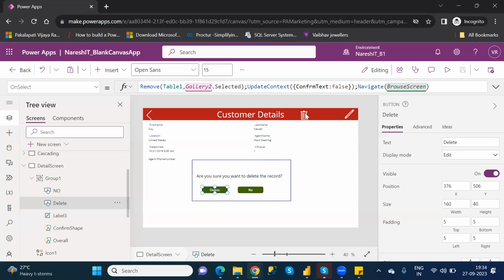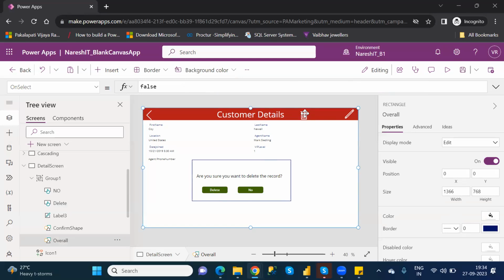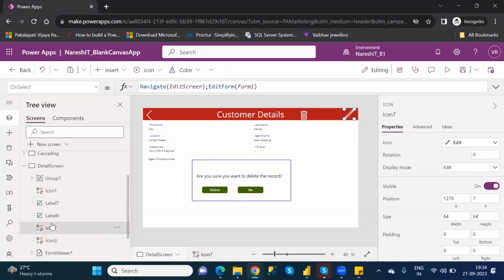So when I click on the delete icon, the visible property needs to be enabled, meaning the confirmation needs to be shown. That's the reason in this particular delete icon, I set the variable as true. Understand? See here, for this one, set it as true.